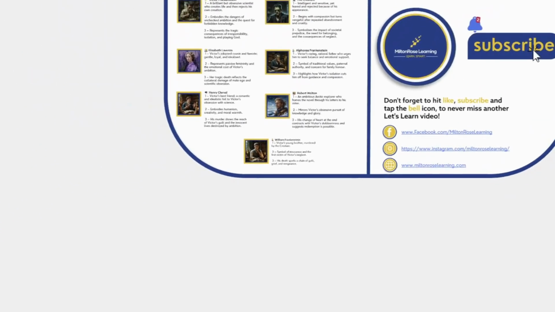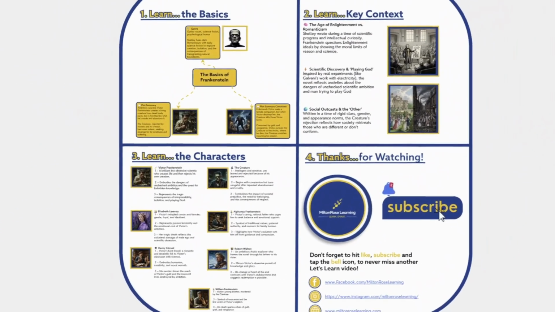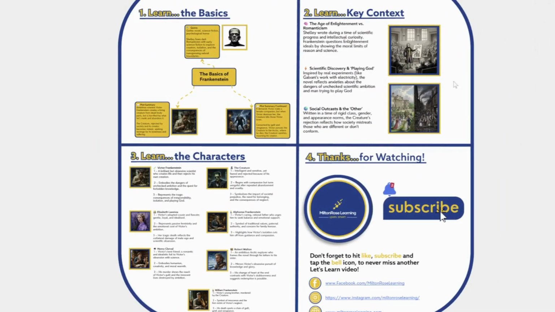Okay, so if we just zoom out there for a second. Hopefully what we've done there is given you a really nice overview of Frankenstein, giving you some of the basics, some of the key plot points. Open the door to some of the context as well, so it'd be really lovely for you to go off and do a bit of research now, and then introduce you to some of the key characters, because obviously it's really important those are used to explore the key themes throughout the novel.